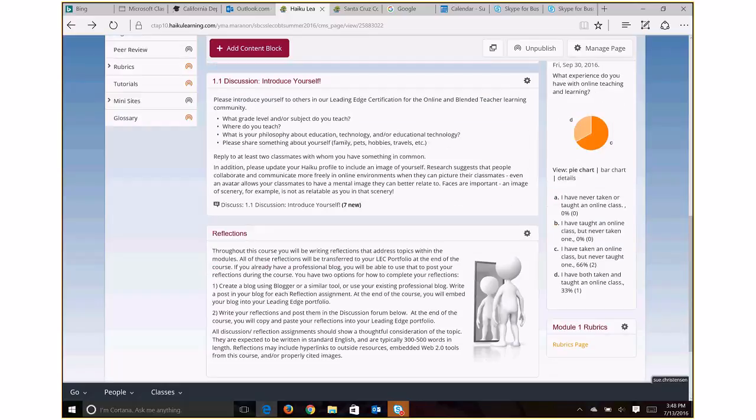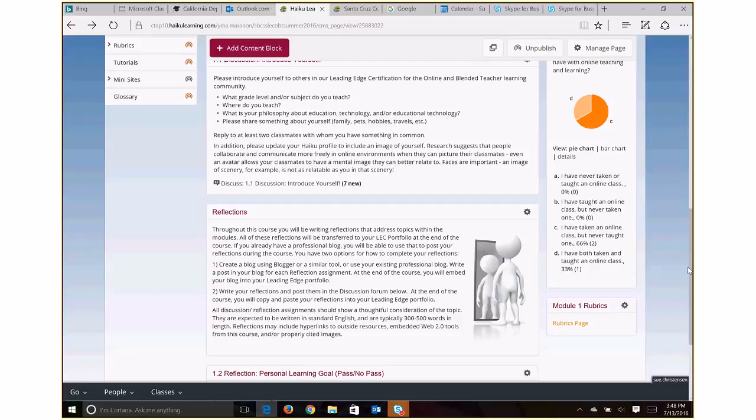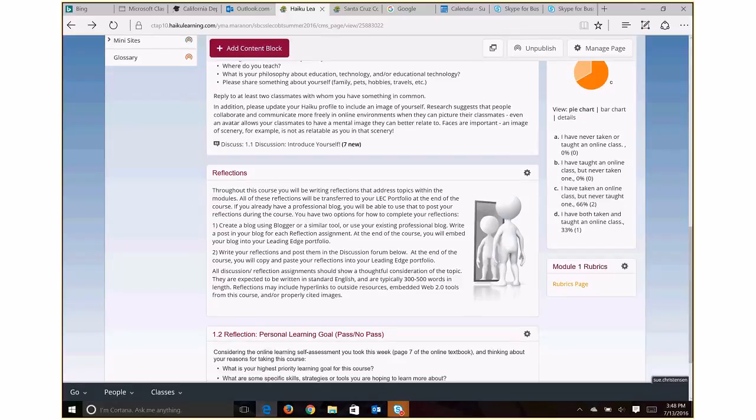So I guess a couple other things to point out. When you do see a poll over on the right side of the screen, go ahead and take it. It looks like you are already catching on to this. I see 3 of you have already done this poll. And then for each module, you're always going to see a rubrics page here. So always check the rubrics page for the module, and you'll see how you'll be scored on your assignments.